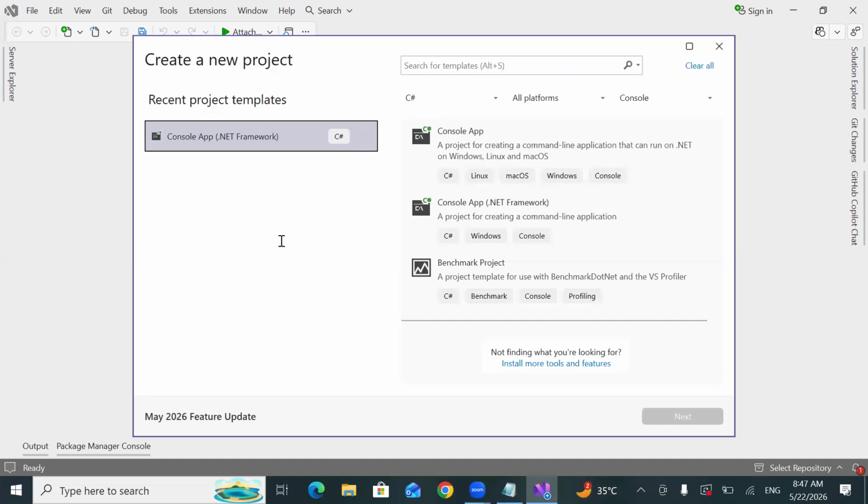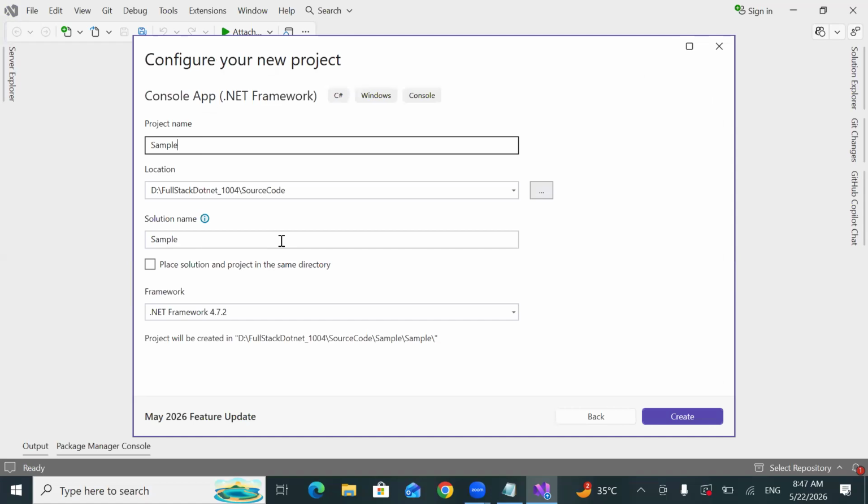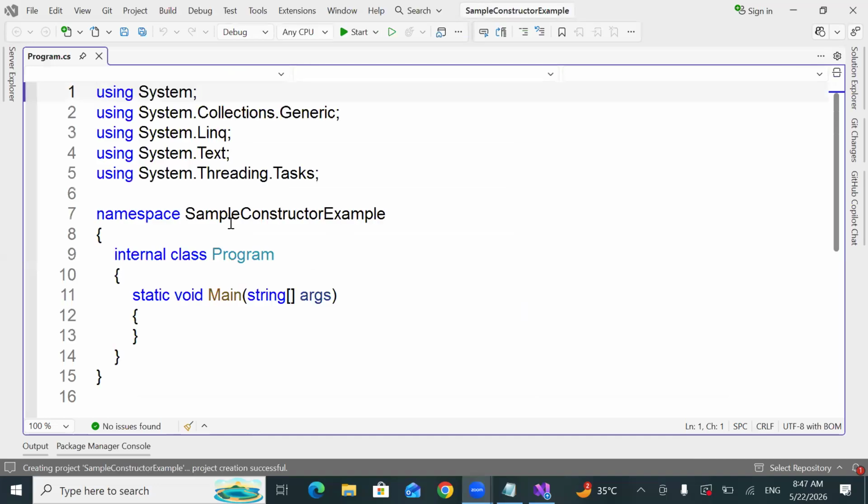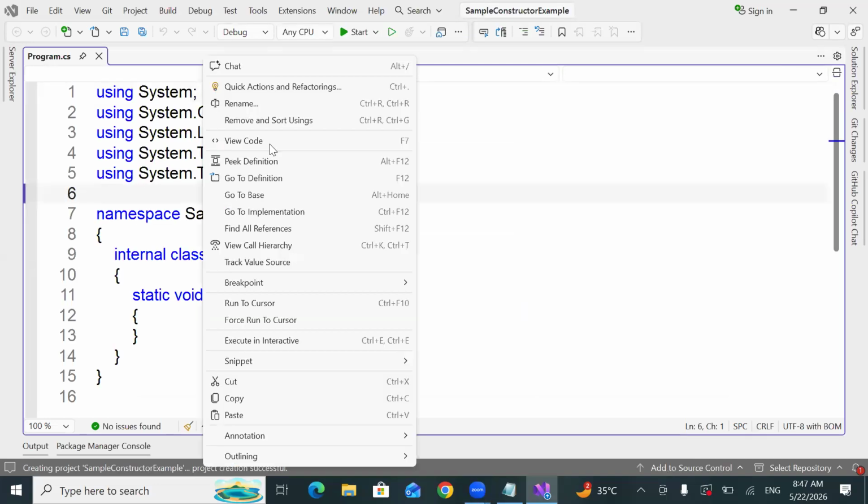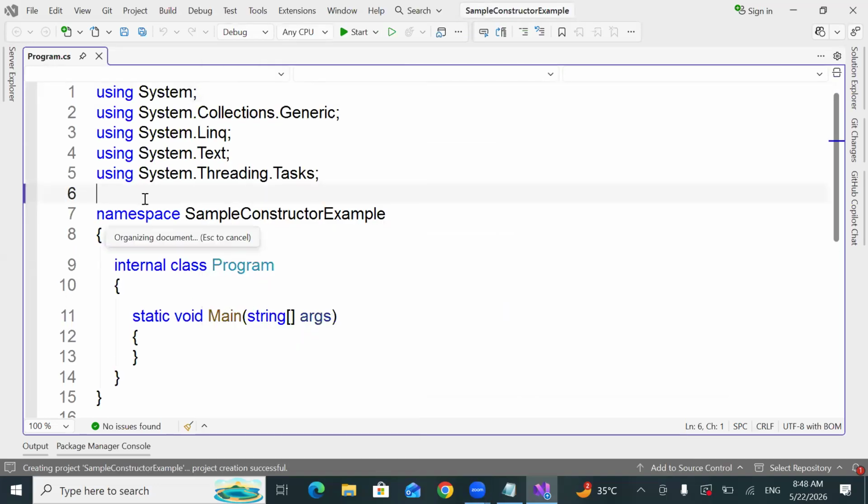Next, sample constructor example. Okay. Now the source code will be created here. Click next. See, the class Program is created. Okay. Now what I'm going to do,